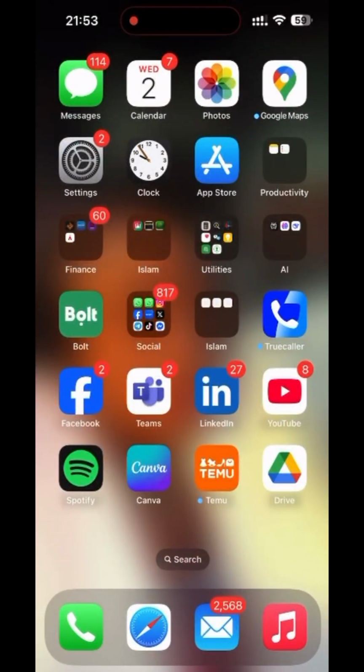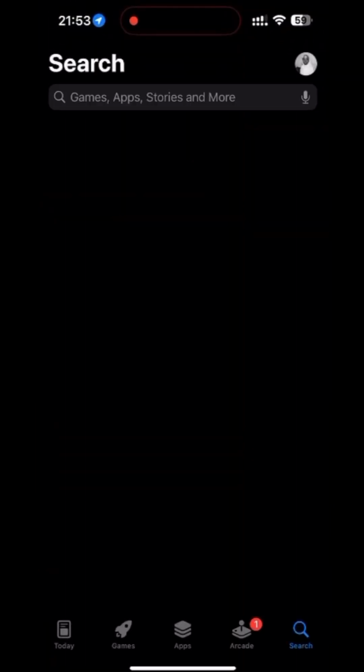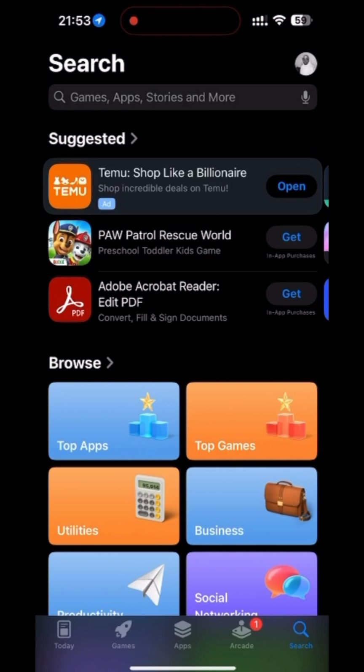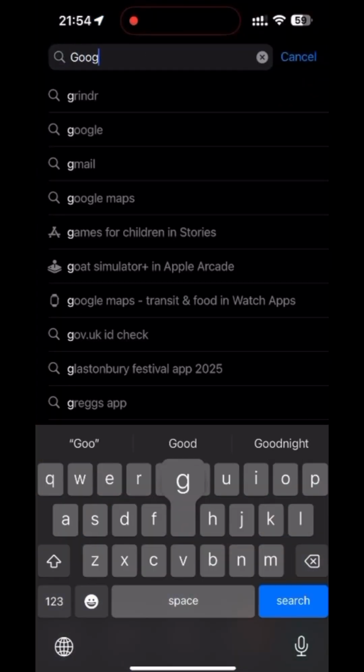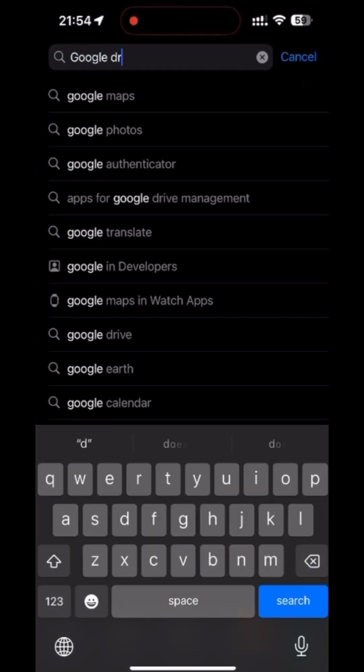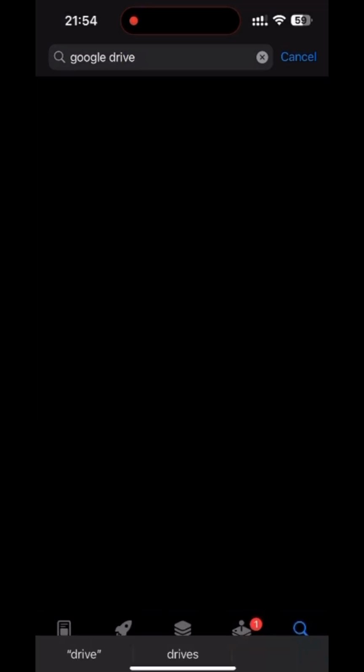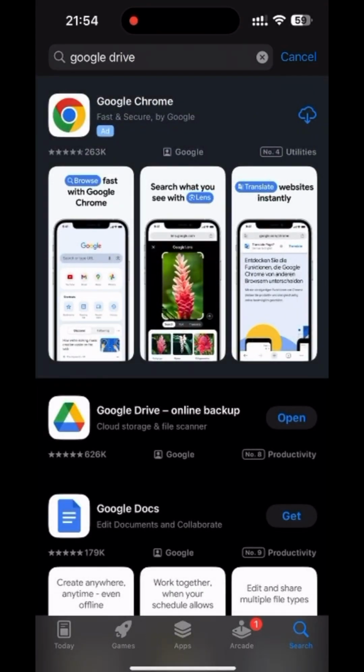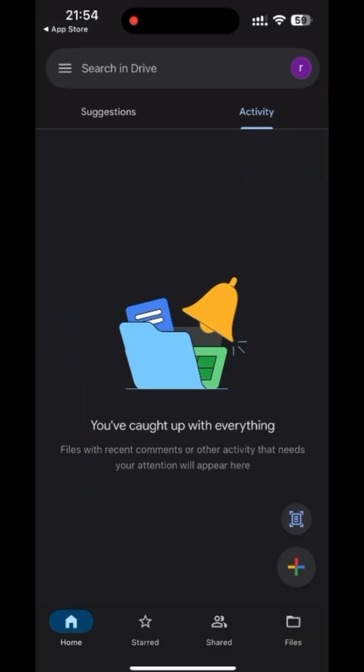To download Google Drive, go to Play Store or Apple Store, search Google Drive and download it. It's a free app that you can download. If you already have it on your phone, just search for Google Drive,